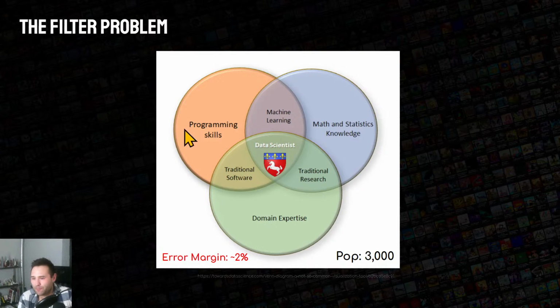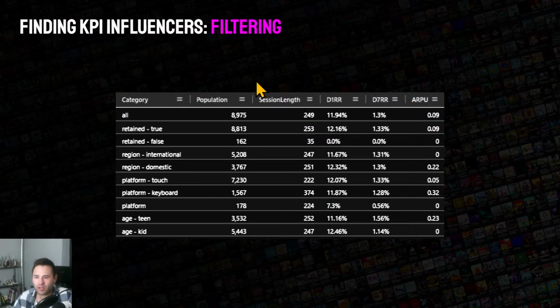And the issue from that, though, is the filtering from before. Notice this. Look at this. Retain true, 8,800 out of the 8,900. Retain false, just over 100. That is a massive disparity. And even worse, I'm trying to remember what game this was to have such a massive difference in retention length. Okay, maybe I just swapped the labels or something. This is a pretty old photo.